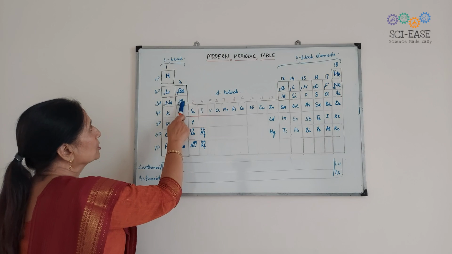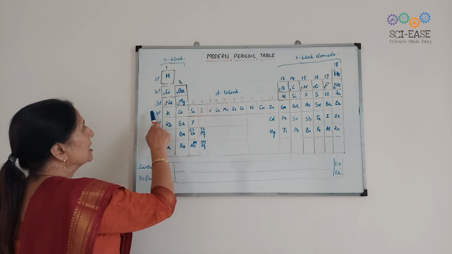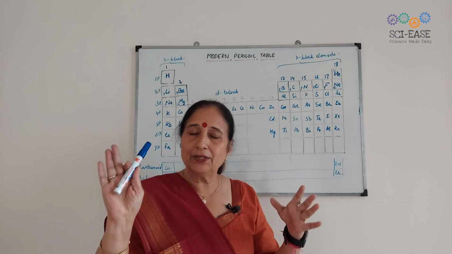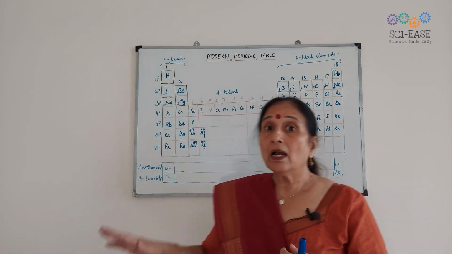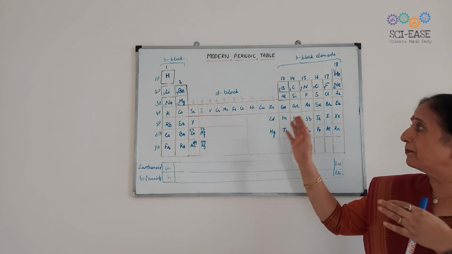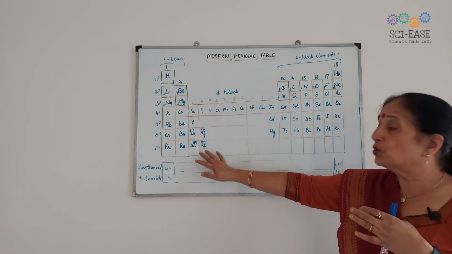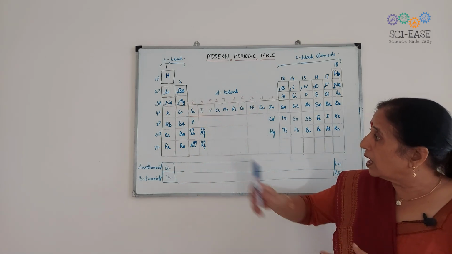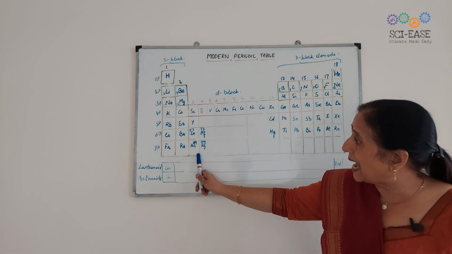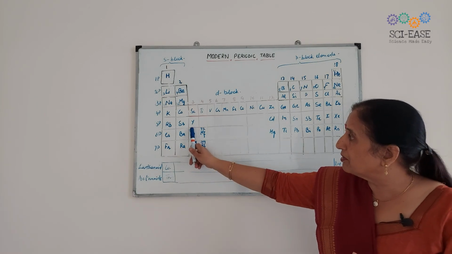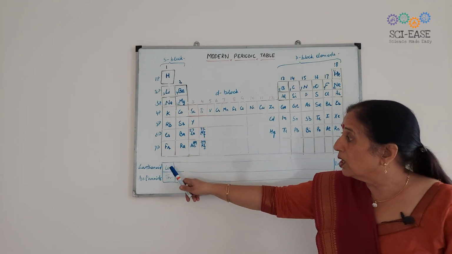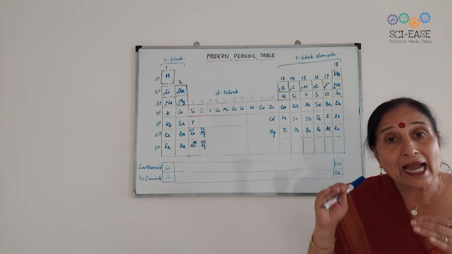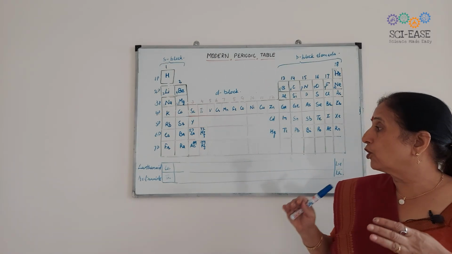In third also there are 8 elements, and then comes 18 elements and so on, that you will study in your higher classes. I think the layout of the modern periodic table, this much you have to learn. This much you have to learn, that where is this gap of these elements? After 57 there is 72. So there are elements present in the F block, that is from